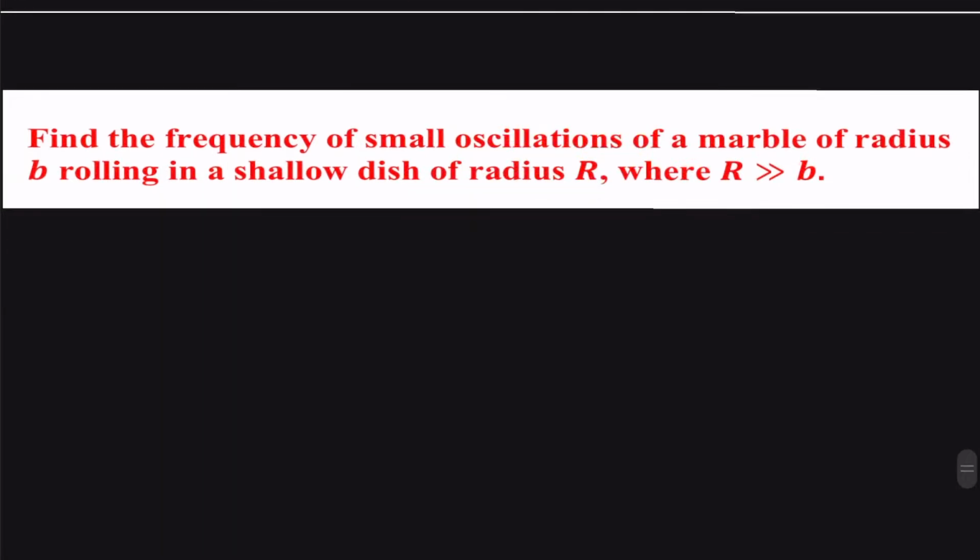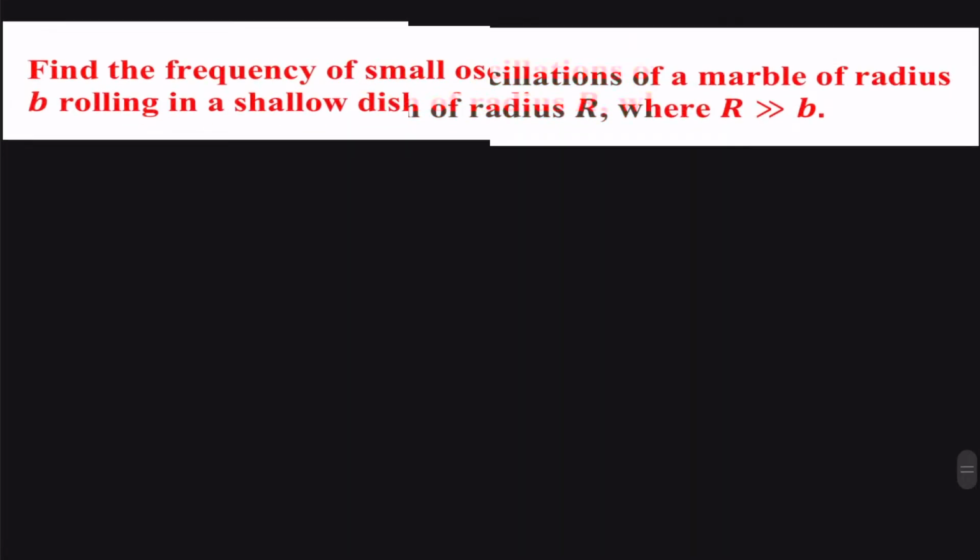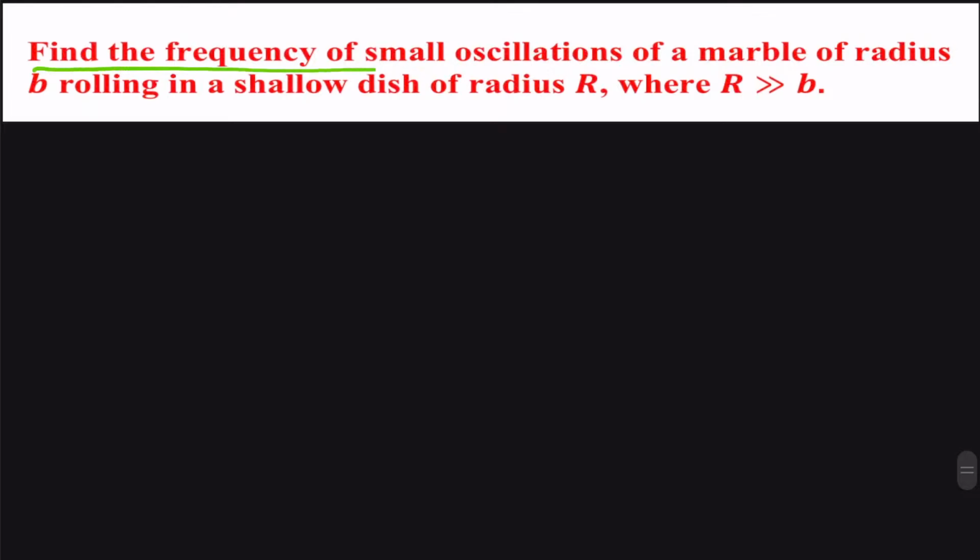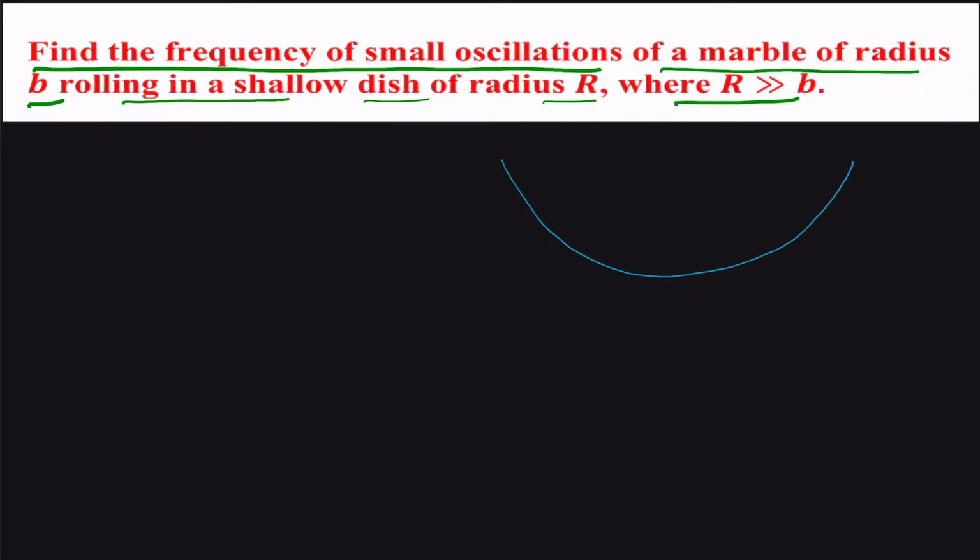So in this question, it is said that find the frequency of small oscillations of a marble of radius B rolling in a shallow dish of radius R, where R is much larger than B. So for this we can just draw an approximate figure, and suppose this is our shallow dish and its radius is given as capital R. Suppose this is the center of this and we have a radius R,